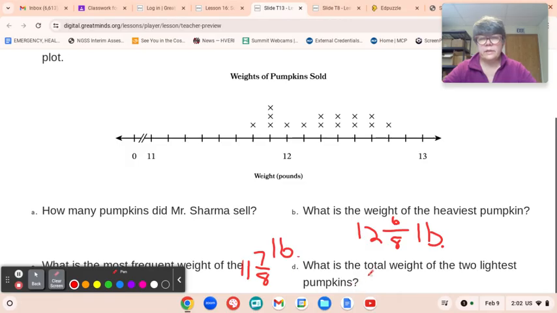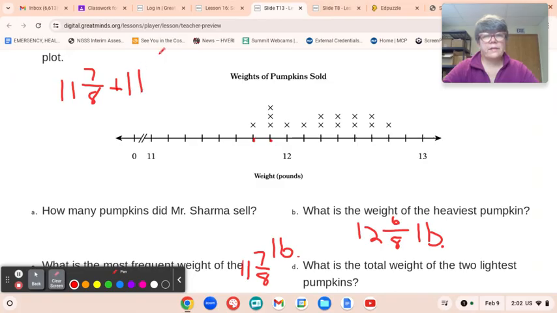Now, what is the total weight of the 2 lightest pumpkins? That's letter D here. What is the total weight of the 2 lightest pumpkins? Well, we know that we have 1 here. And then we have 3 that weigh the same. So we can take one of those too, right? So 11 and 7/8 plus 11 and 6/8. You're going to add those two together, and that will be your answer for letter D. All right. I think you can add those two together very well, and make sure you write it down,